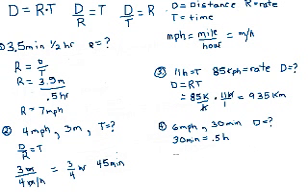All right, so we're going to use, again, D equals R times T. And our rate is 6 miles per hour. Our time